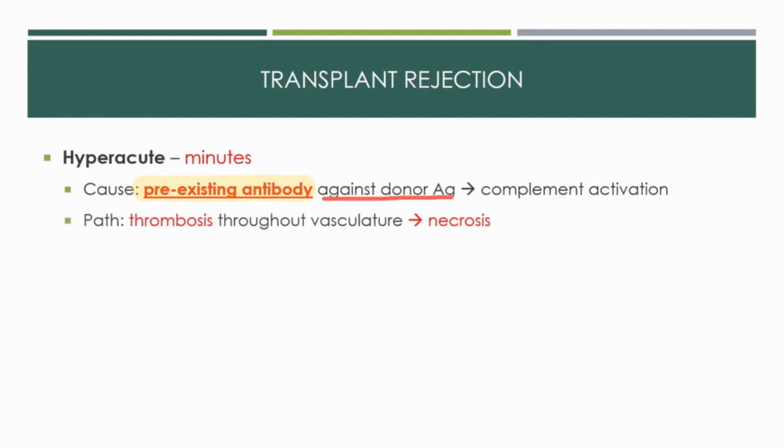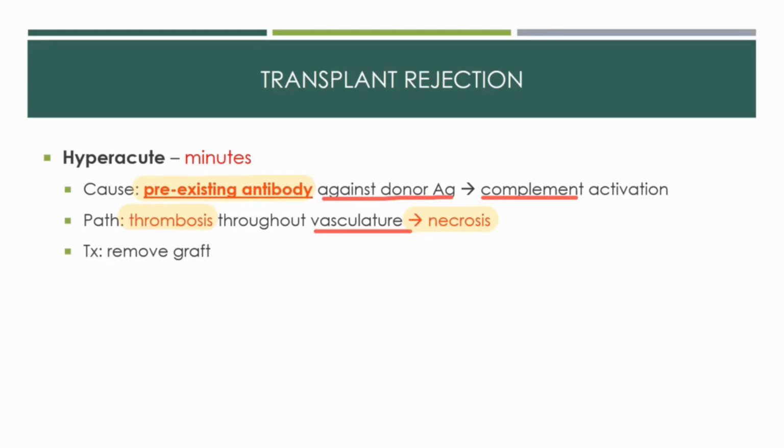The antibody targets the graft vasculature, activating complement-mediated inflammation. As soon as the vessels are connected, this damage causes thrombosis and subsequent tissue necrosis. The passage may give additional clues by describing the fact that the whole organ will start to appear dark, mottled, and ischemic. And the only thing to do is remove the graft and get a new one, which sucks. Patient serum is cross-matched against donor cells to test for these antibodies, so this happens very rarely,